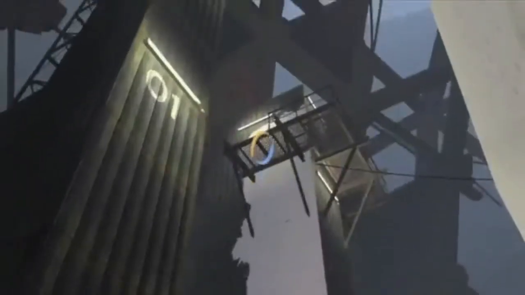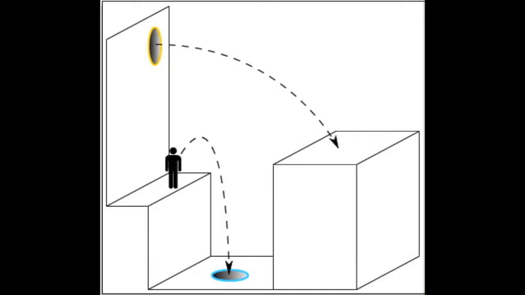Another notable example lies in the game of Portal. In this game, the player has control over a gun that fires a blue and orange portal. Alone, each portal is useless, but together can be used to navigate from place to place. In this example, the player shoots a portal on the bottom of the floor and then another in the surface above them. Thus, when they jump into the first portal, they keep all the momentum as they pass into the